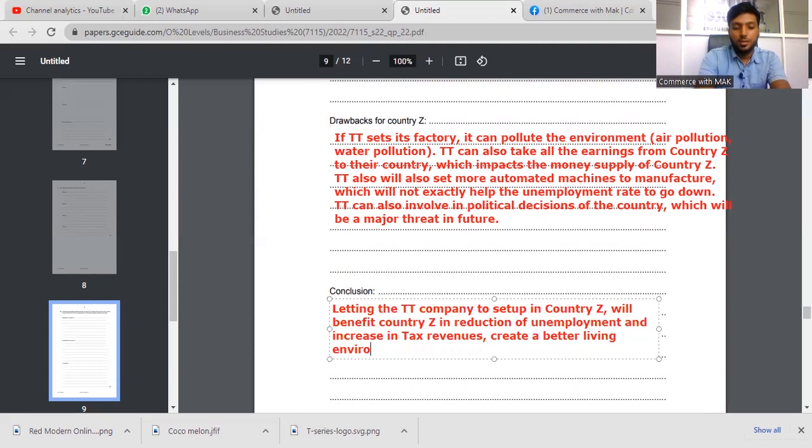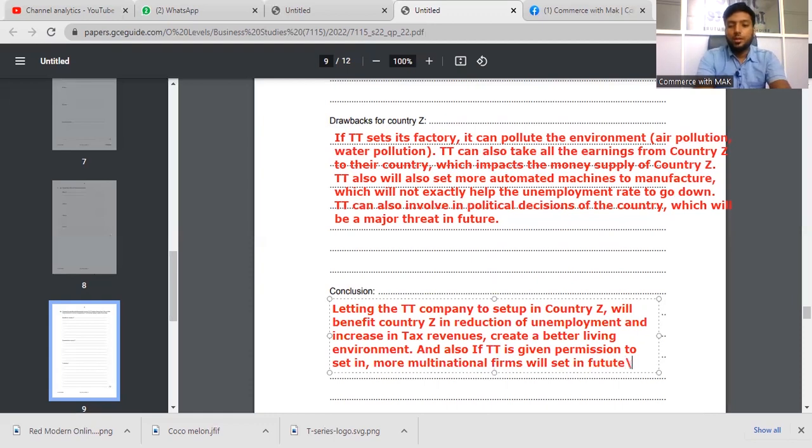and also we can write, if TT is given permission to set up, more multinational firms will set up in future, which will increase the benefits for country Z